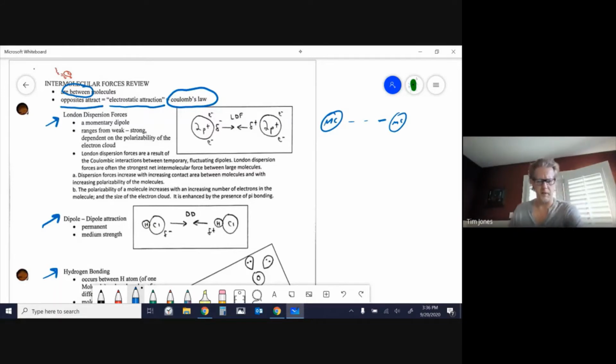London dispersion is named after Fritz London, a person, not the city. And what happens is, just by chance, the electrons in a molecule may end up more on one side of the molecule than on the other. So for simplicity here, I have a very basic drawing of what would be a hydrogen molecule and another hydrogen molecule. And we're looking at what's going on with the electrons. So I just summarized it as two protons in the circle here,